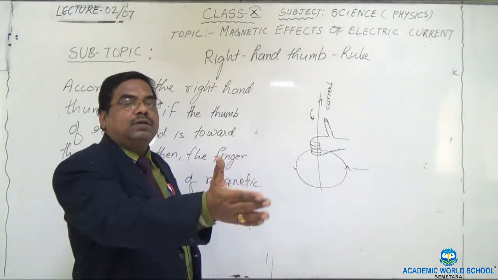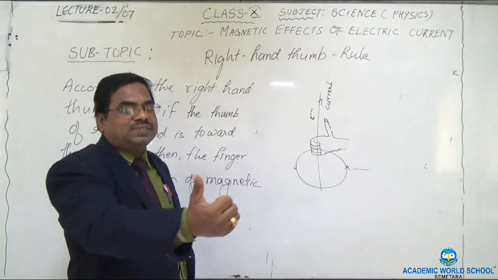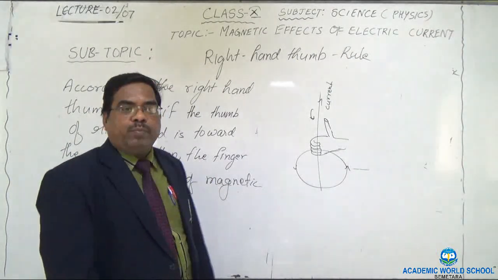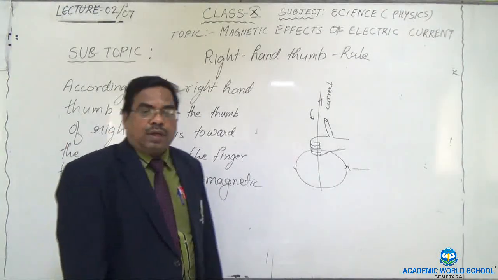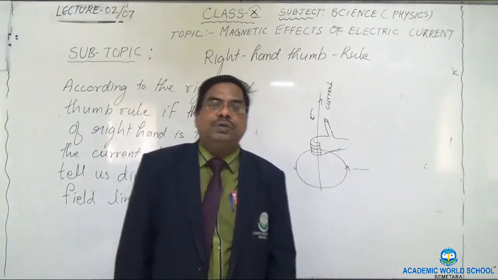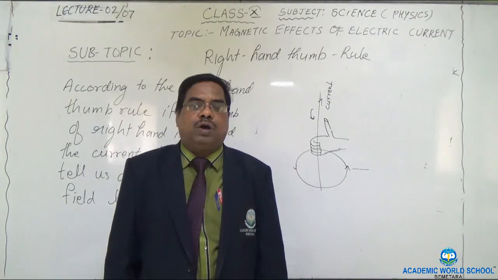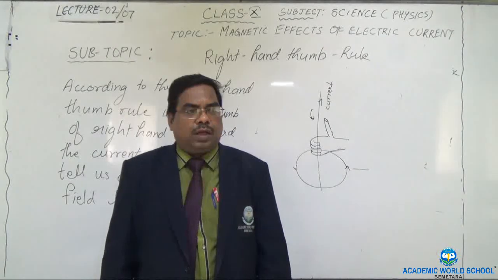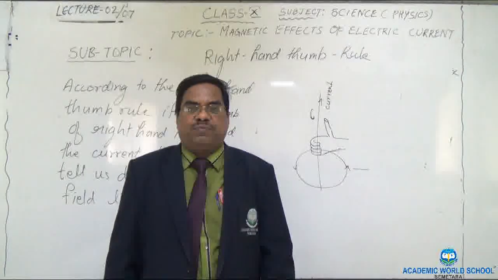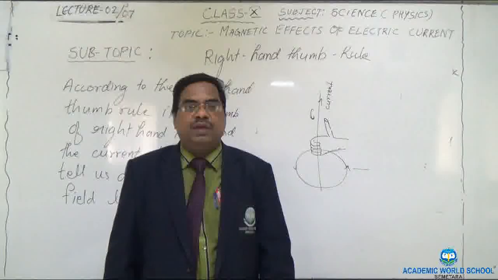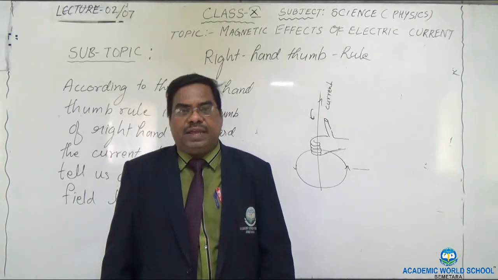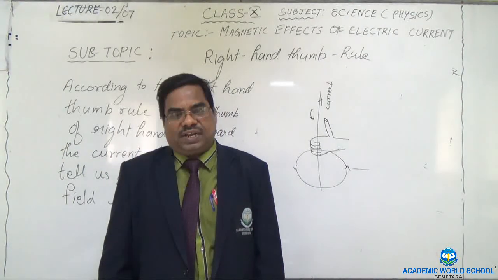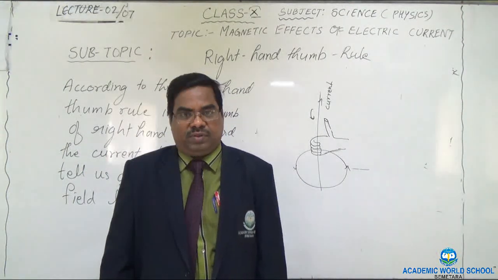That is, the direction in which the right hand fingers circle is the direction of the magnetic field lines. I hope you have understood, and I request you to download the assignment from the ERP and do it. These assignments are part of your periodic test, so submit them within 3 days after the uploading of this video. After 3 days, that is your maximum time.